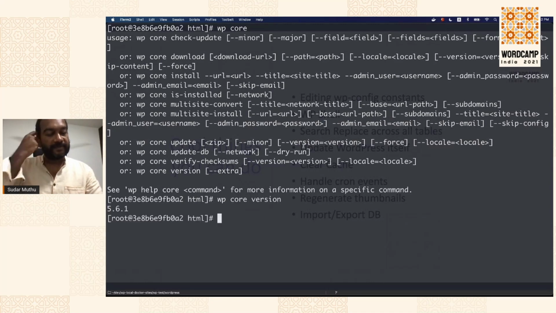You can also use this to convert a single install to a multi-site install, like using multisite-convert to convert a single site into a multi-site. There are also other options which you can check out.